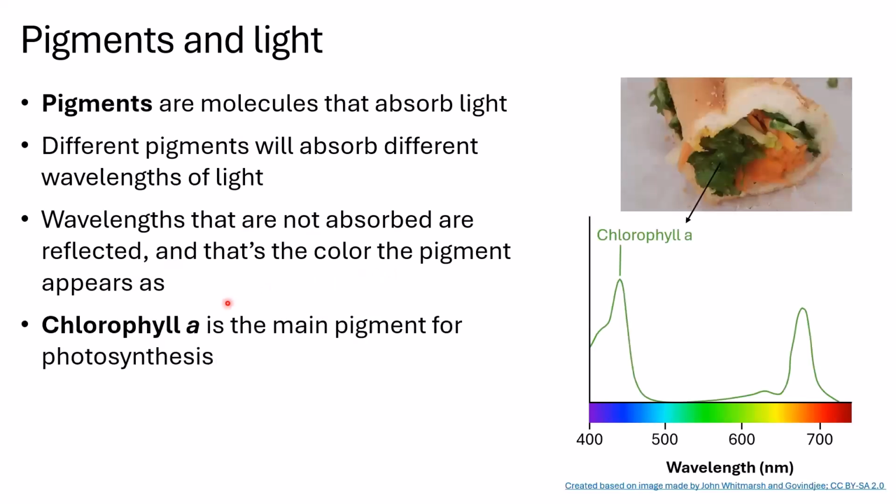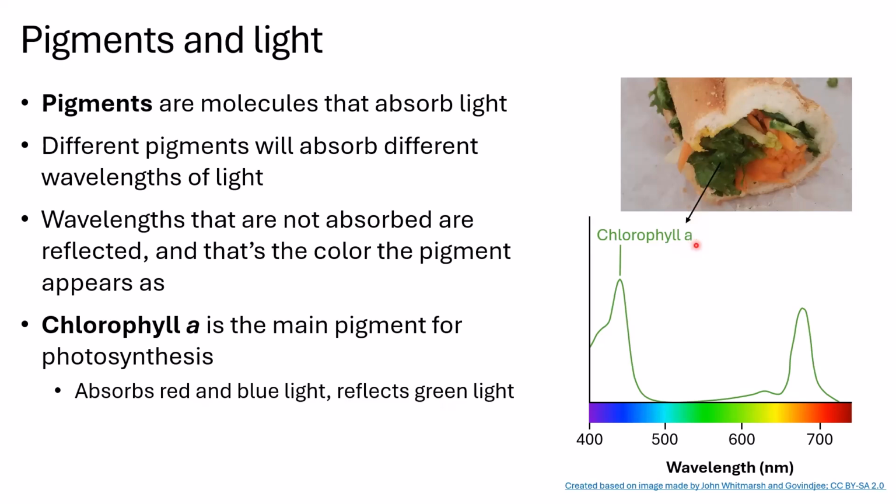For example, here is the absorption spectrum of chlorophyll A, the main pigment for photosynthesis. On the x-axis is the range of visible light, and the y-axis represents how much of the light is absorbed. We can see two peaks for chlorophyll A, one in the blue light region and another in the red light region. In the green light region, there is no absorption. This means that chlorophyll A absorbs red and blue light, but doesn't absorb green light. Instead, the green light is reflected, which is why leaves and other organisms that perform photosynthesis using chlorophyll appear green